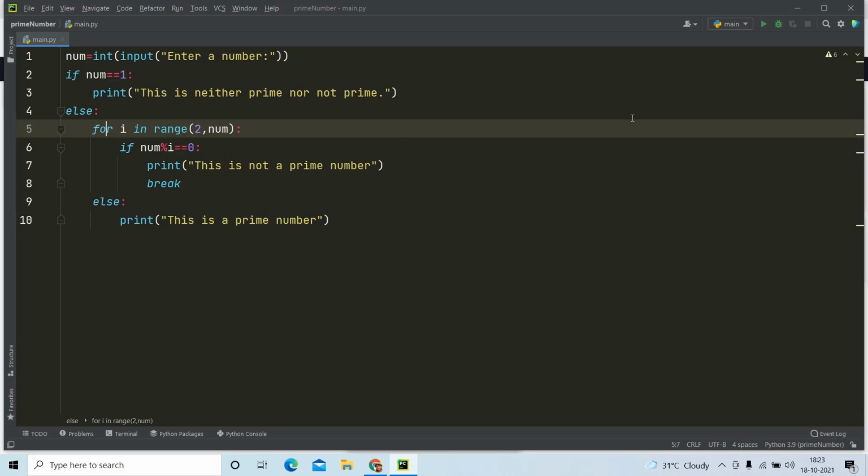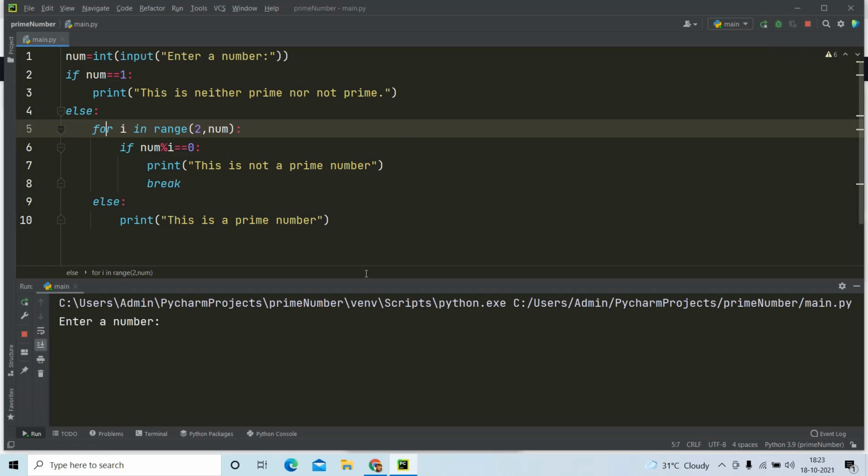So yeah, that's it friends. We can run the program and see whether it is working. Enter a number. I will give 5. Can you see it is printing correctly? 5 is a prime number. We can run again and type any other bigger number, maybe 16. It prints that it is not a prime number because 16 is not a prime number.